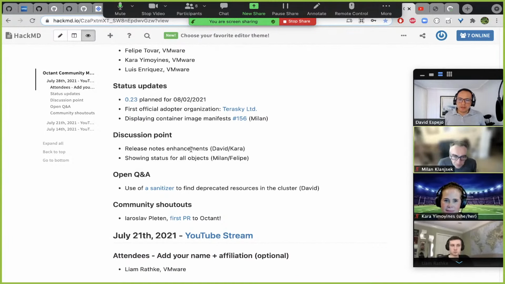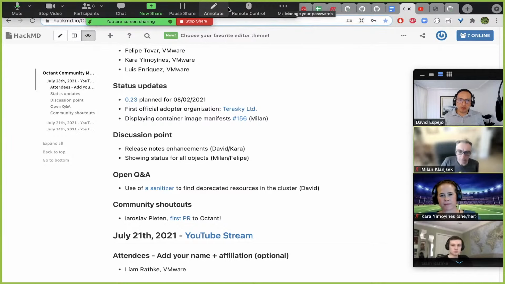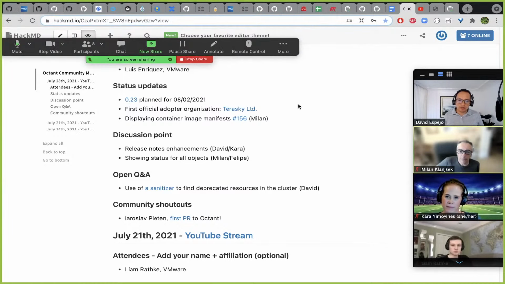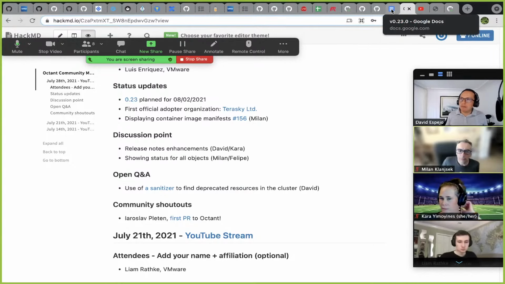Okay, discussion points. First one, release notes enhancements. It's related to what Wayne was mentioning at the beginning. We have so much happening in this release that we will need more context for users so they know why this is important, how it changes the experience and troubleshooting, object status, and all of that. So according to some guidelines from the open source office here from VMware, there are some ways to make release